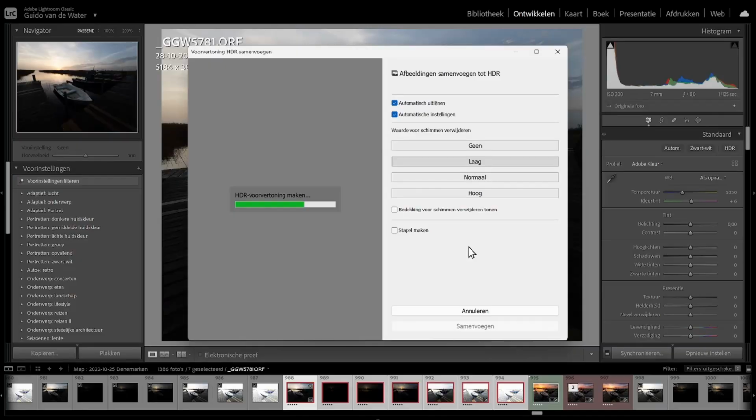It always takes a while for Lightroom to process. I have a very fast laptop, but in some cases this can take several minutes. So it's just a matter of waiting here until all these files are loaded in your Lightroom. So this is it, all files are loaded. You can choose on this side now if you want